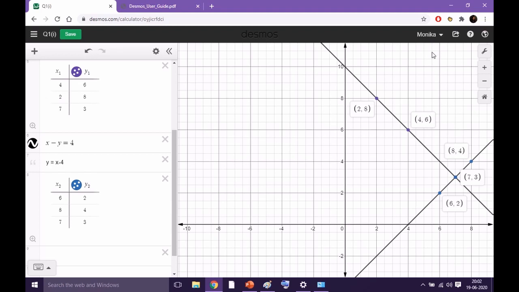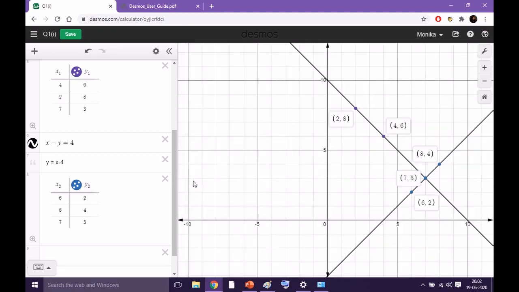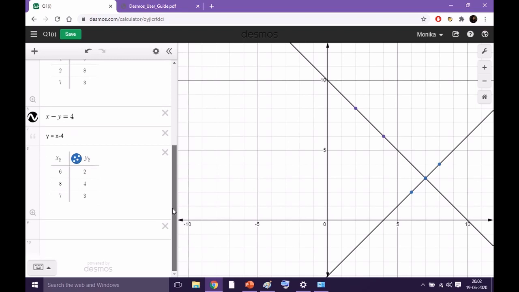And we can write here scale also. Scale will be as you are doing it in your graph. So if you are taking this as 1 centimeter, according to this 1 centimeter is equal to 2 units. So students, please remember, you have to mention all these things in the graph. After mentioning all these things, please write down the final answer also. Like here we are getting solution is this point, that is 7 and 3. Number of girls will be 7 and number of boys will be 3.